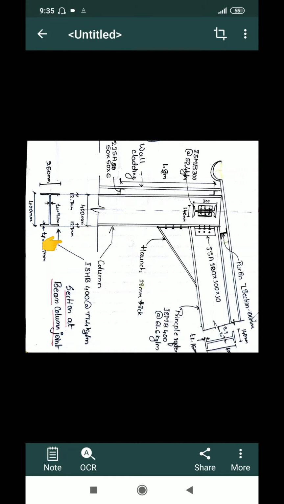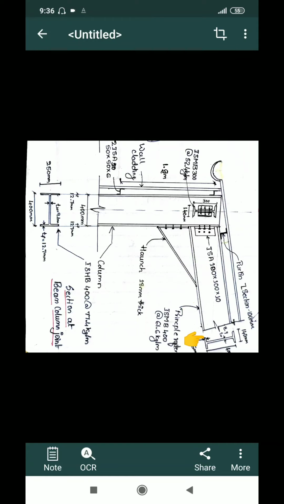For these dimensions you can refer to the steel table and find out the ISHB properties. Then I will project these in the upward direction so that I can draw a column. Then this column is attached to a principal rafter at an angle of 9.46 degrees. So draw a baseline here at the center, or you can mark a distance of 200 mm from the top and then draw a baseline. Then draw an inclined line at an angle of 9.46 degrees and then draw the beam.